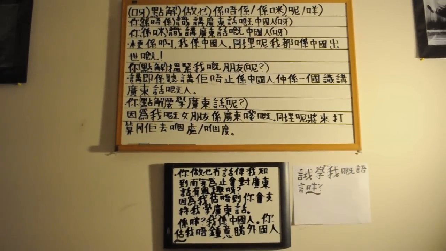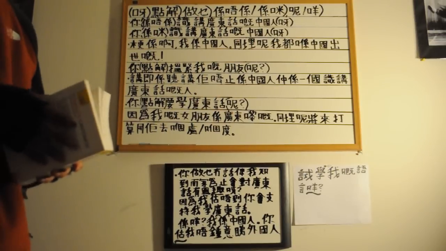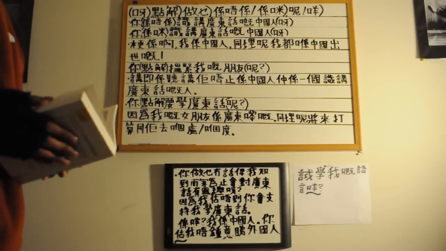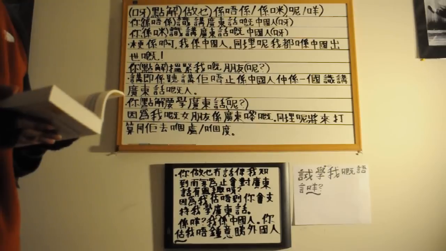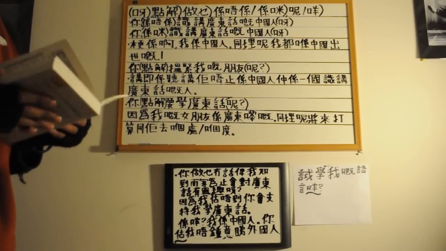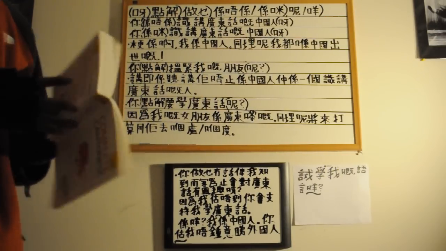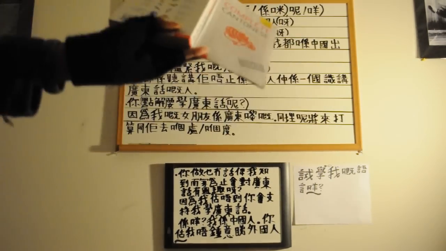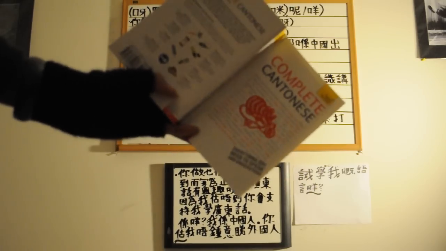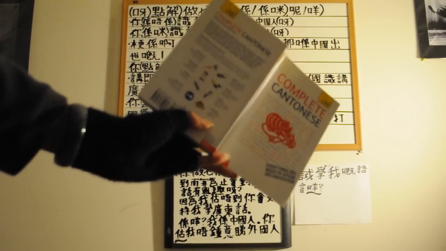Good evening, my friends. Welcome back to the second lesson for Cantonese. We will follow the same drill as we did in the first lesson. This time we're moving on to chapter 2, and in this chapter they're dealing with question words. If you have this book, Teach Yourself or Complete Cantonese, I know my buddies who are learning Cantonese have it, but this is just to let you know this is what we're working from.